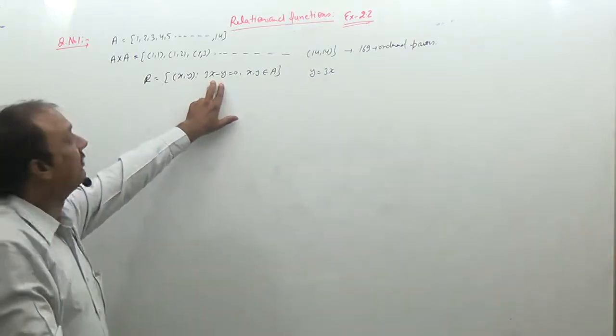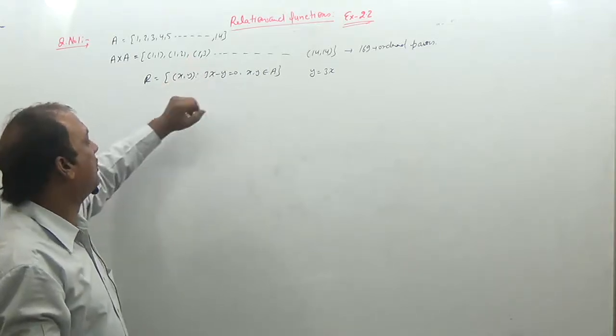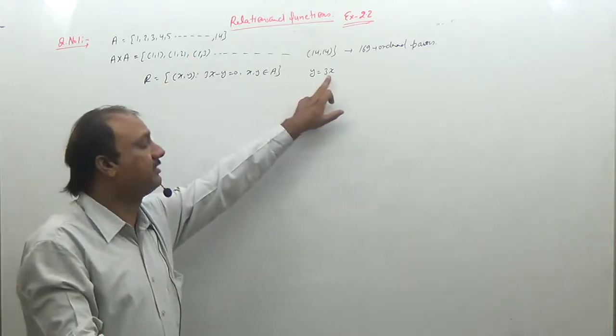That is, select all those ordered pairs from A cross A in which the second element is three times of